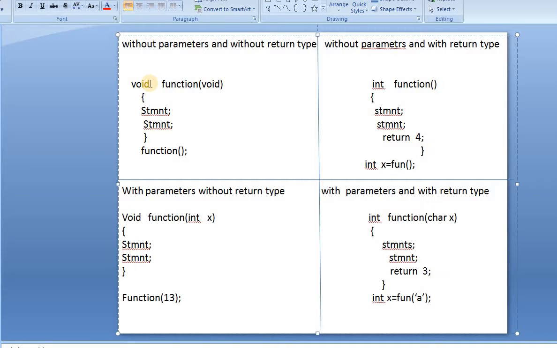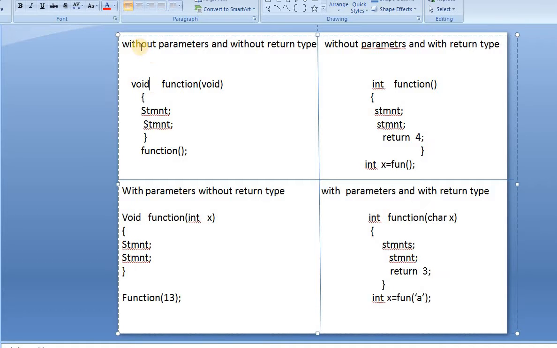We return a value. Whatever output we get from this function, we will be returning that output or value to that function. In that case we use return to return the values.